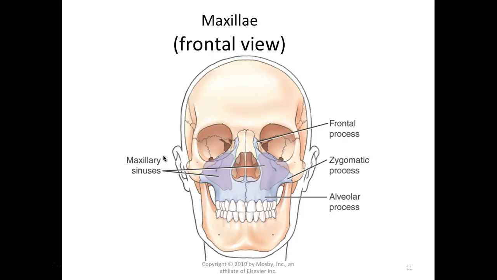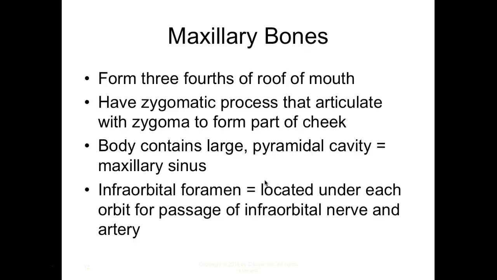All right, so here's your frontal view. You have your frontal process of your maxilla, your zygomatic process of your maxilla, your alveolar process of your maxilla, and then these darker purple are your frontal sinuses, or frontal maxilla sinuses. They form 3/4 of the roof of the mouth. They have a zygomatic process that articulates with the zygoma to form the cheek. The body contains a large pyramid-shaped cavity, which is called the maxillary sinus, and the infraorbital foramen located under each orbit